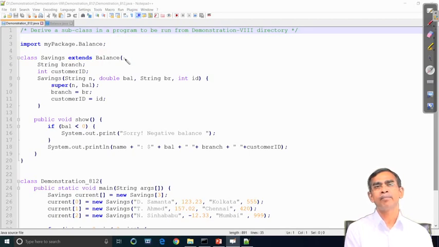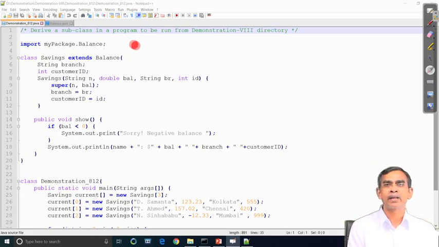Now, whatever the member elements are there in the balance, namely string name and float balance, all these things are readily available here because this class has been made public, and all methods and members are also public, otherwise you cannot access them through the package. Anyway, in the savings class we can declare one member as branch